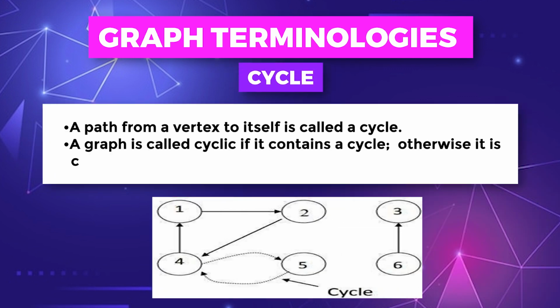Cycle is a path from a vertex to itself. A graph is called cyclic if it contains a cycle, otherwise it is called acyclic. In graph terminologies, we will be seeing an example of a cycle. In this particular graph, there forms a cycle between the nodes 1, 2 and 4 and another cycle from 4